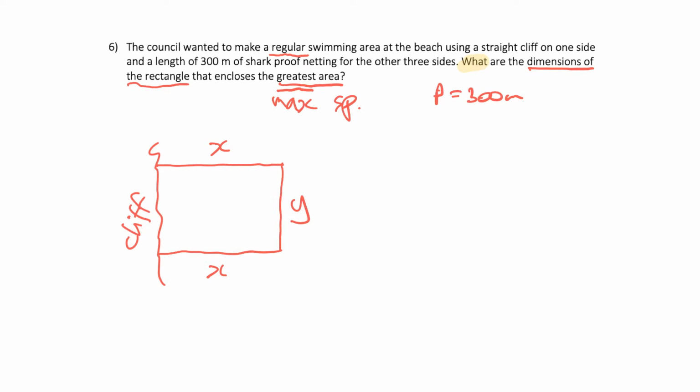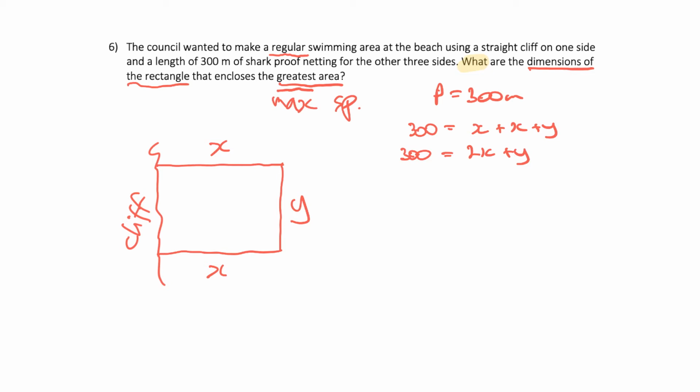All right, so we have to think for our future answer about the area of things, but we're not given that perimeter idea just for any reason. It's a really good idea to start thinking first about using that 300 meter perimeter value. And this 300 meters of perimeter is equal to x plus x plus y, otherwise known as 2x plus y. Yeah, so now we have an expression for the perimeter, and notice, remember, we're not using shark-proof netting around the cliff, right? We're using that as a barrier,